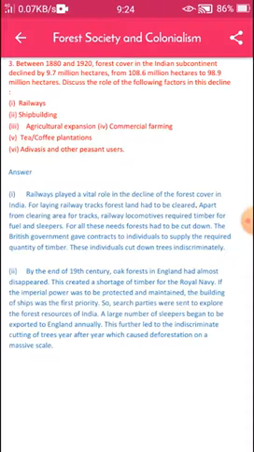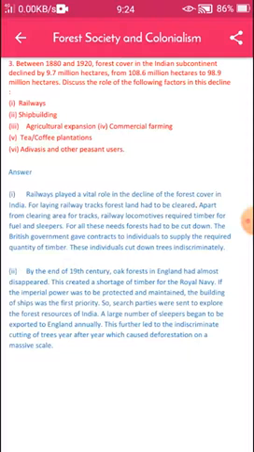Apart from clearing area for tracks, railway locomotives required timber for fuel and sleepers. For all these needs, forests had to be cut down.